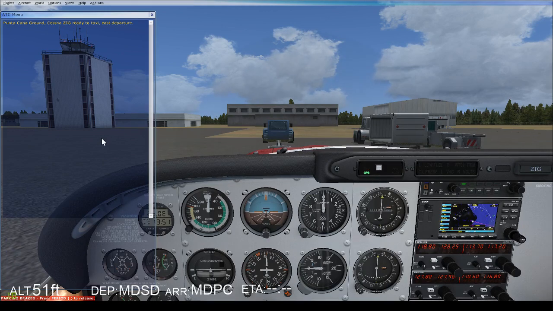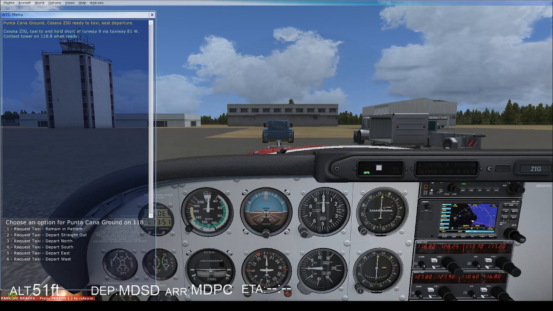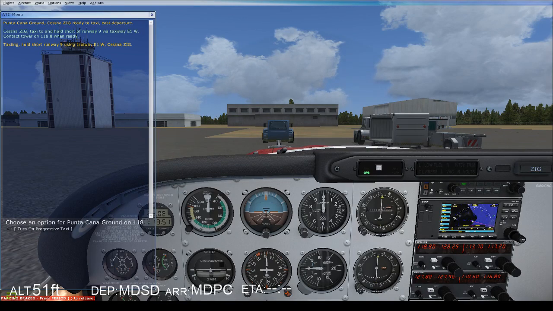Bacana ground, Cessna Zulu India Golf, ready to taxi, east departure. Cessna Zulu India Golf, taxi to and hold short of runway. If I remember right, runway 9's right behind me. Contact tower on 118.8 when ready. Runway 9 for me, too. Sort of off to my left there is Runway 9. Casa de Campo International. Zulu India Golf. I probably butchered that really badly and insulted everyone, but